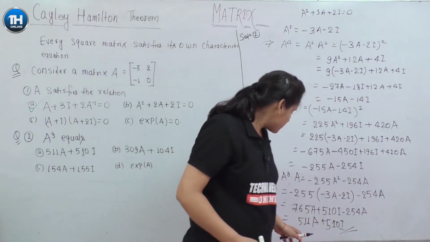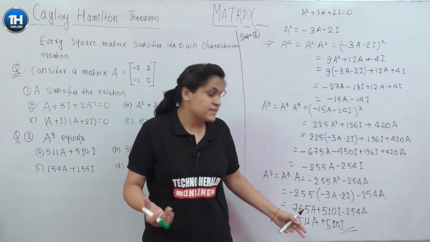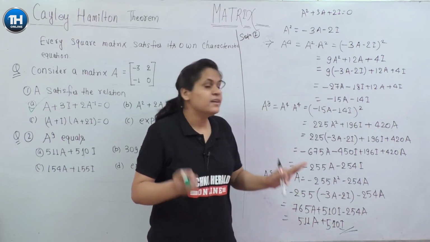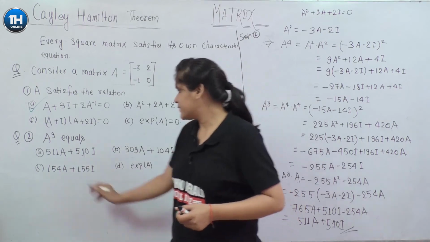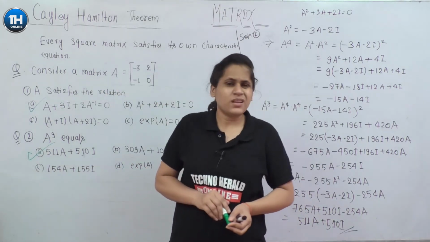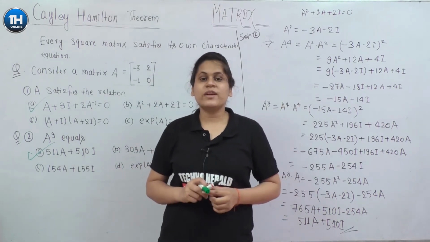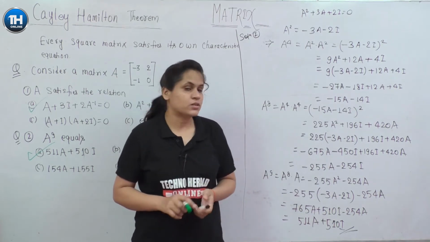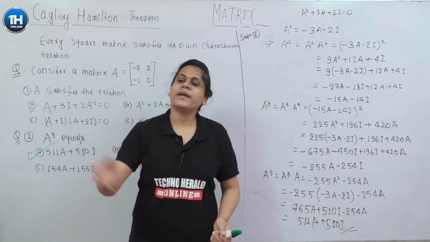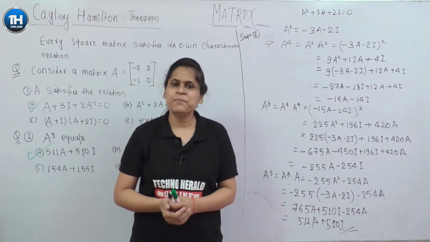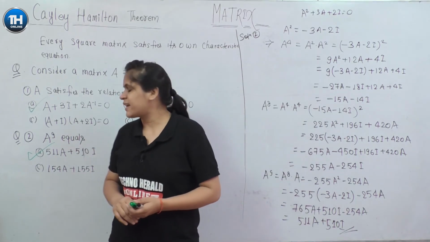Then now check which of the options is correct. This question is a bit lengthy, but lengthy questions will teach you all the concepts that you require. So which option is correct? Option A is correct. Using this lengthy question, I just tried to explain how the Cayley-Hamilton theorem works. This is A to the power 9. You can calculate up to any power of A. But it is not that they will give A to the power 5000; they don't give higher powers. A to the power 3, 4, 5, they ask only up to that. So I hope you will be able to solve these kinds of problems now.